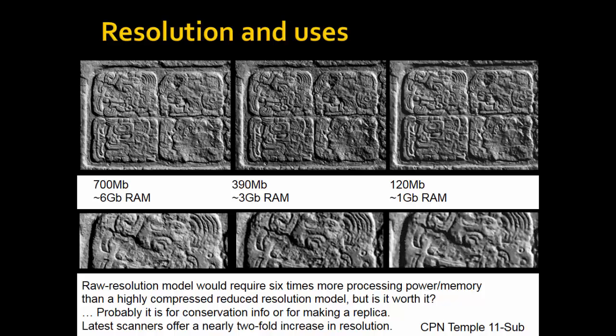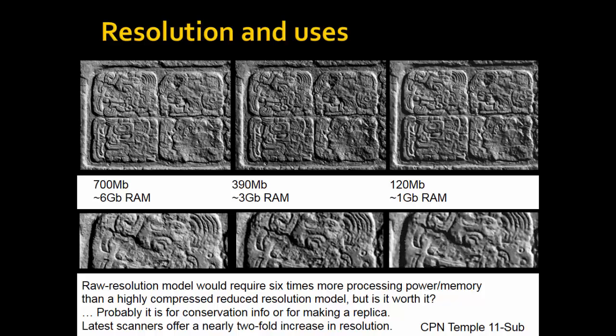So here's an example of 3 different resolutions generated from the same data set, from the same point cloud. There's this raw data, 700 megabytes, and a highly compressed version of just 120 megabytes. Obviously, you need computers with different kinds of computing power, a different quantity of RAM. The smallest model you can actually view on a portable device, on a cell phone. You need a relatively powerful personal computer or workstation, or a Mac, to view the larger model. But then it's all about the goal of your archival